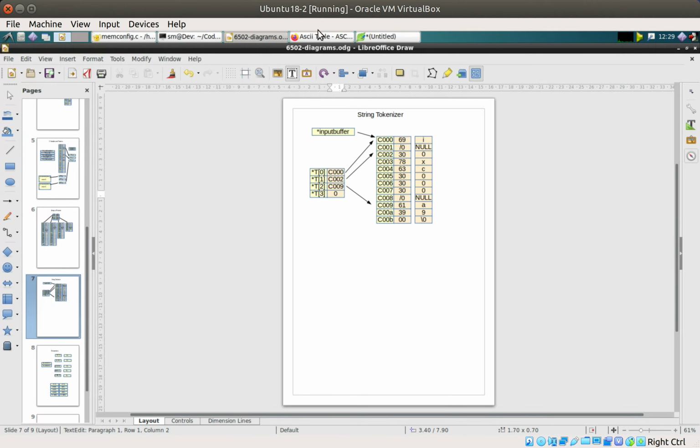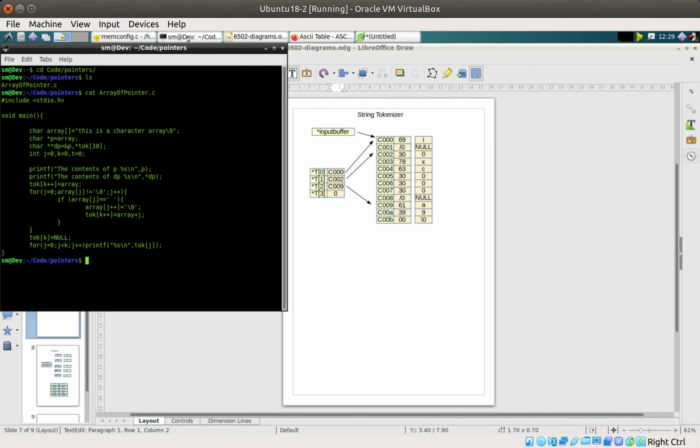So in my example here, in what I wrote, very, very simple, it says this is a character array and it's null terminated. I've created some pointers, so that's a standard pointer, that's a double pointer. It doesn't have to be, but I thought we'd tie all the pointer stuff together in one go. This is a pointer array of pointers, rather. I've created it as size 10. It doesn't have to be, because there's only 1, 2, 3, 4, 5